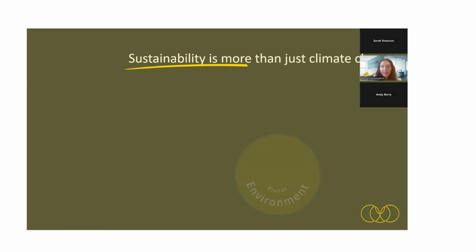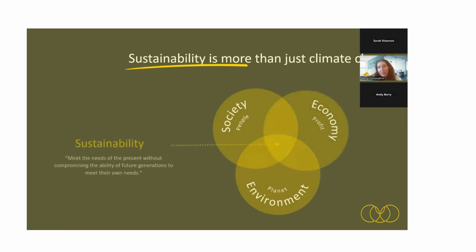If we take a step back and remember, we have 3 pillars to sustainability. The planet is the one that everyone thinks of, the E. Sometimes people get the societal pillar, which includes gender equality, Black Lives Matter, the mental health pandemic we find ourselves in. And then very rarely people get that the 3rd pillar to sustainability is the economy. We need to figure out how we balance these 3 bubbles to bring our world and business into balance. The definition is meeting the needs of the present without compromising the ability of future generations to meet their own needs.